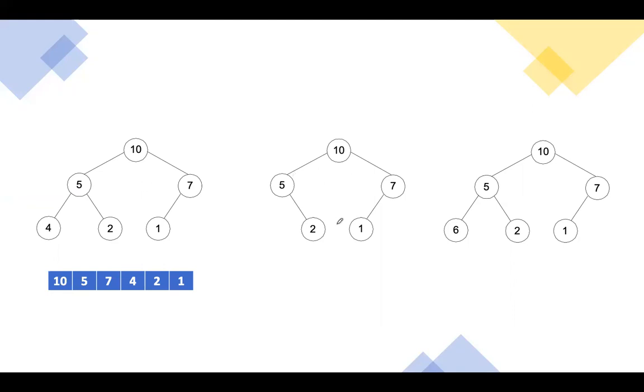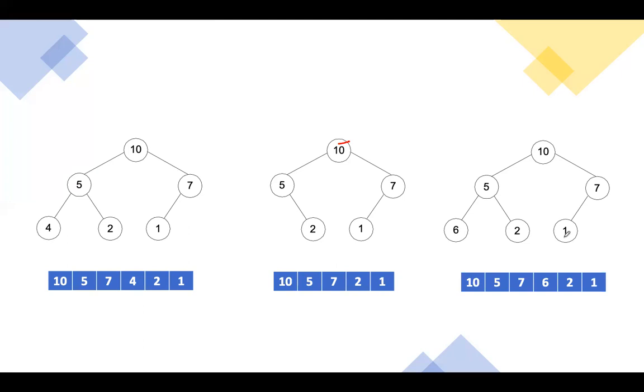So this is the array representation of this tree. If I ask you to represent this tree in an array, how will you write it? It should be 10, 5, 7, 2, 1. Okay, 10, and then left, right, and then again starting from the next level. In the next level, left, right. Okay, when you move each level downwards, you have to start storing the elements from left to right in the array. Okay, so this is again 10, 5, 7, 6, 2, 1.